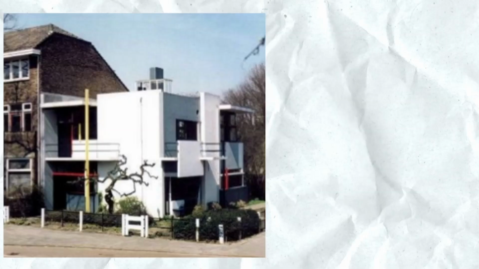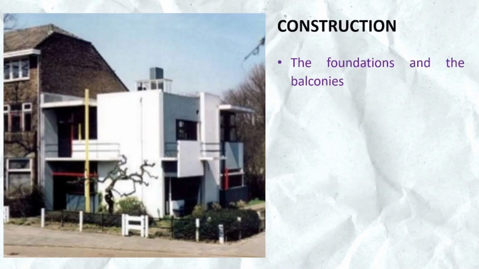So when we come to the construction of this house, initially the architect wanted to construct this house out of concrete, but he felt it would be too expensive back then because it was built in 1924, for such a small building. So what he did is he made the foundations and the balconies only with concrete, and the rest of the